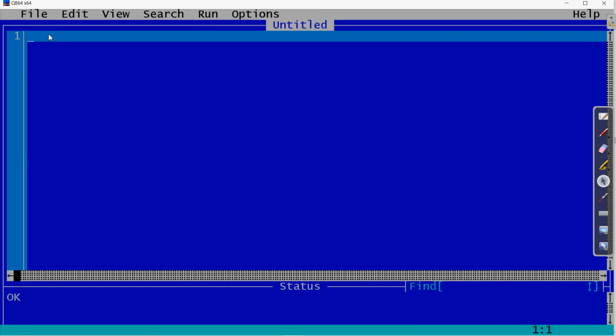Now open a new file to write a new program which we were talking about. This program will accept some string value and a number value. Suppose I am writing that it will ask your name and your age. So print, then you can write in double quotes as it is a string. So print enter your name.